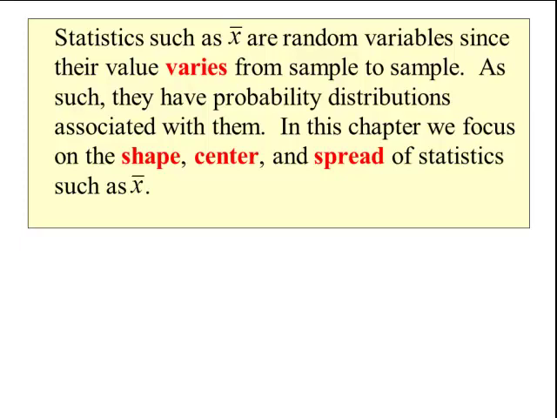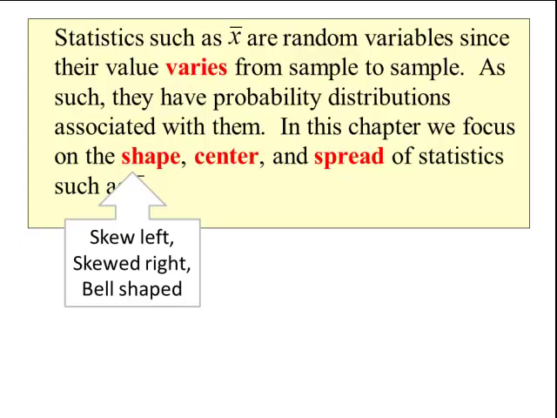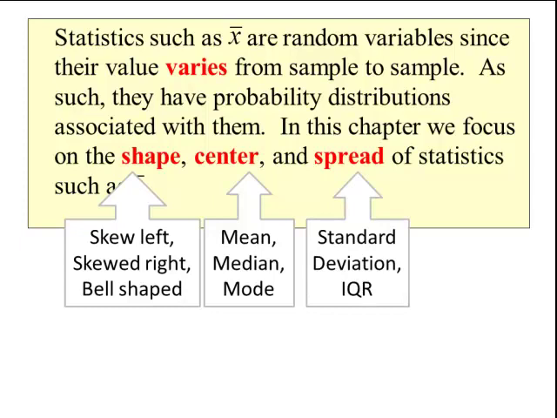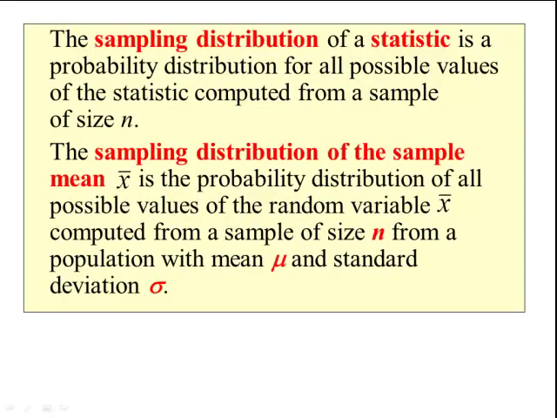Now, if you recall, shapes can be described as skew left, skew right, and bell shape. We measure the center by the mean, median, or mode, and we measure spread by the standard deviation or the IQR. The sampling distribution of a statistic is the probability distribution of all possible values of the statistic computed from